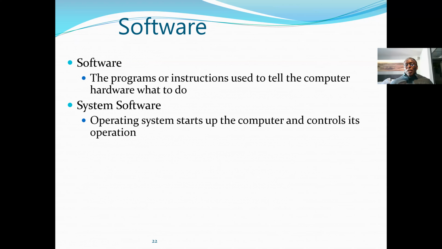Without that operating system, we cannot interact with the computer, because the computer hardware must communicate with the system software. So system software, in the case of the operating system, will be the interface between the application software and the hardware. Application software is software that performs a specific task. An example is Microsoft Word, which we use to create a resume or document. Excel we use to create worksheets, calculations, etc. So here we say that without an operating system, the computer cannot function.